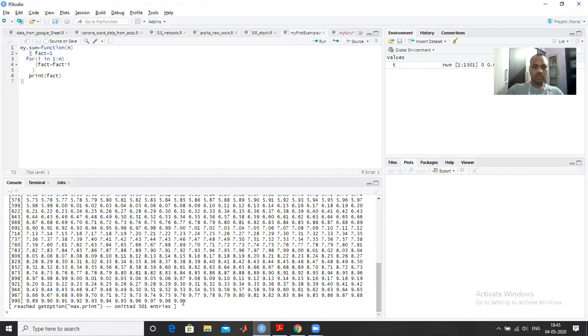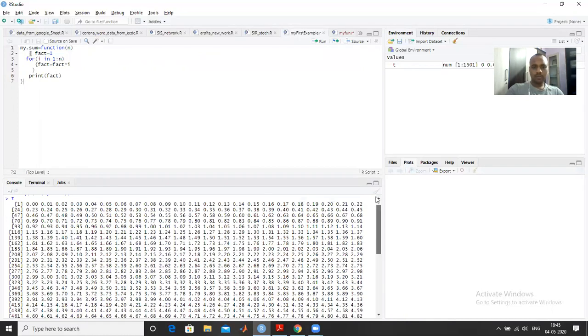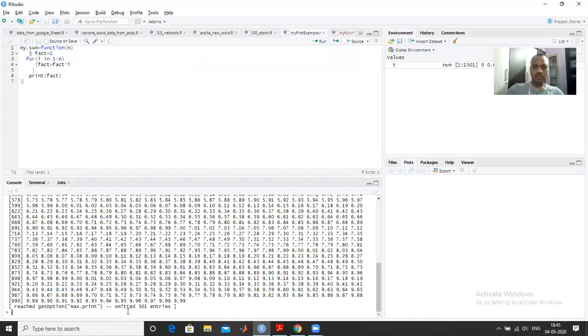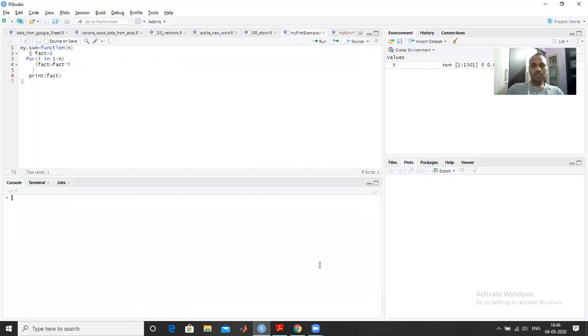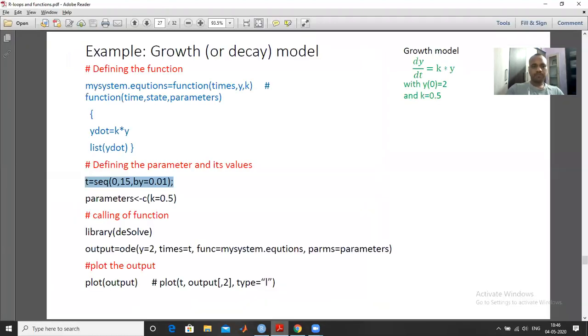Some entries are omitted, they have given up to the 1000. If you want to clear it, control L. So it will generate a sequence of the numbers which represent the time intervals.